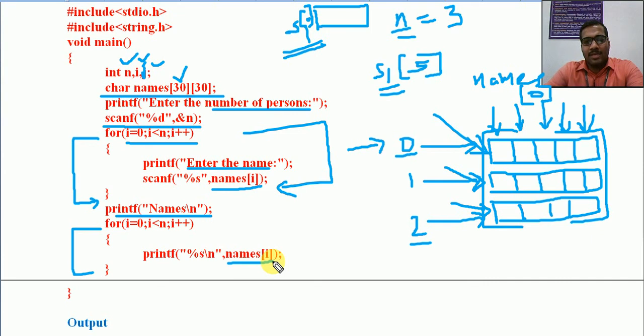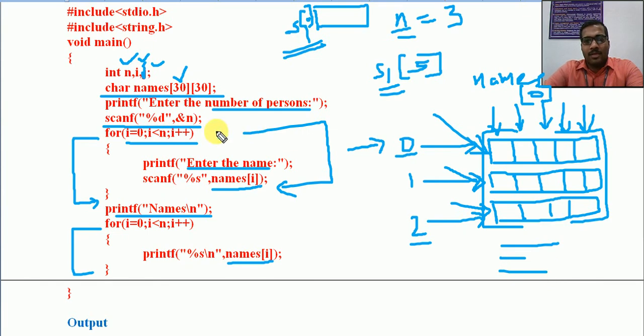So what is happening here? We are printing 3 character arrays by using a loop. As we are having 3 or more character arrays, we are using a loop. If we want to print only 1 character array, we don't need to use a loop. That we already know. But if you are having some 10 names to be entered, so 10 times we need to scan and print the corresponding string. Okay, so first name will be this one, second this one, third this one. The length, column size may vary, depends on the name that you are entering.